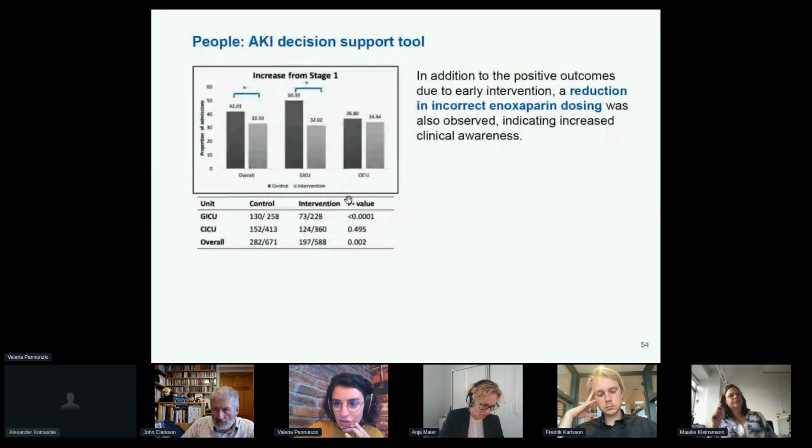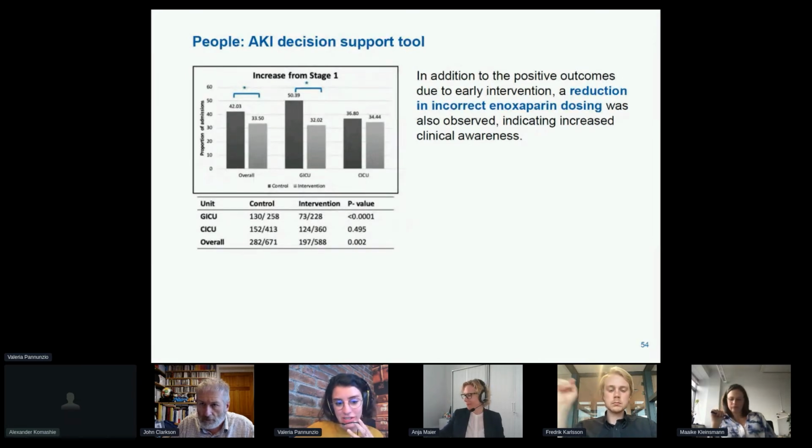But perhaps even more interesting is the fact that we noticed another positive effect of introducing this system in the intensive care that we had not predicted, which is the fact that the staff was making fewer mistakes in dosing enoxaparin, which is the main treatment that is given for kidney function management. And we didn't even expect this. So apparently this reminder about checking the kidney functions of patients also resulted in closer following of the